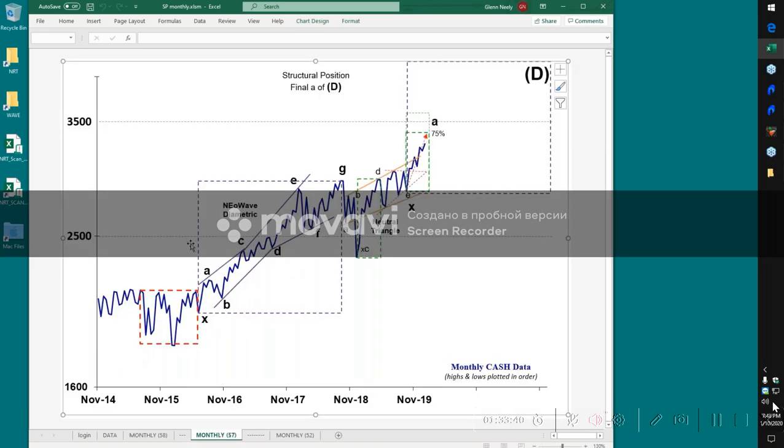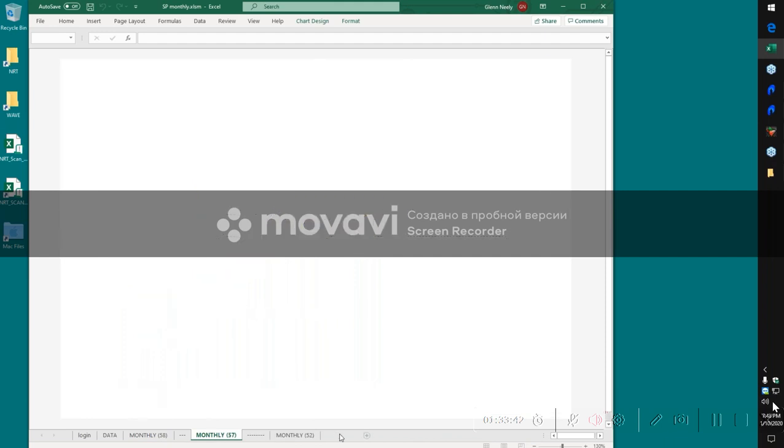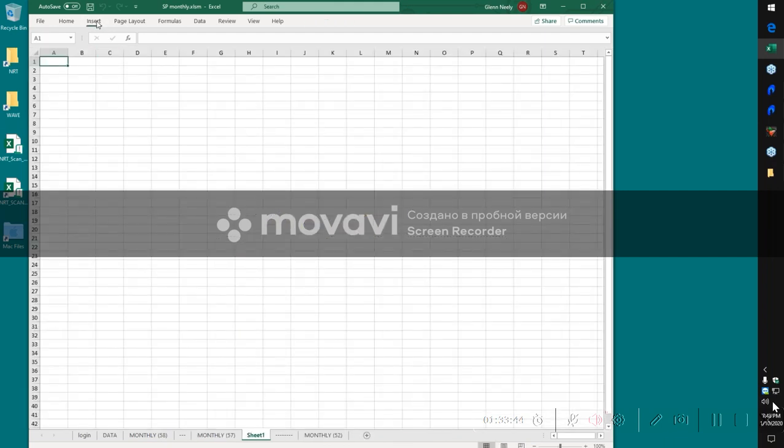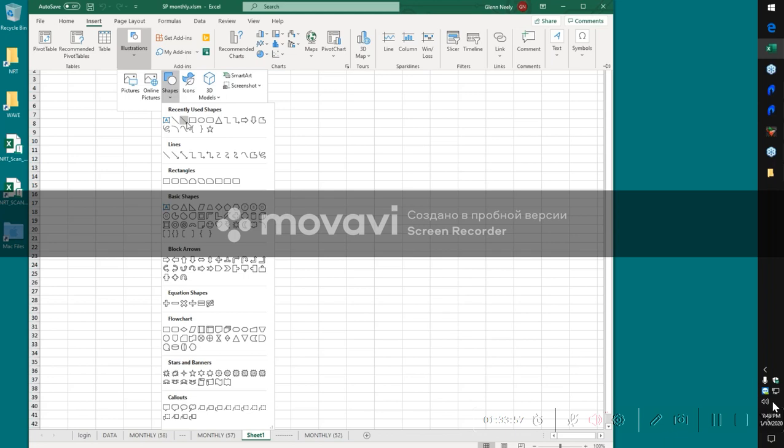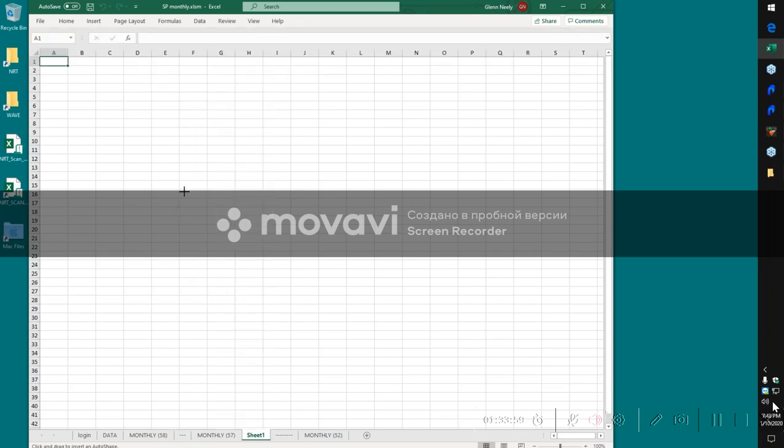Okay, I'm just going to see if I can make a new page. I'm not sure if it'll allow me to draw or not. Let's see. Insert. I'm used to using this version. I always use the Mac version. Okay, there it is. So if it'll let me draw,